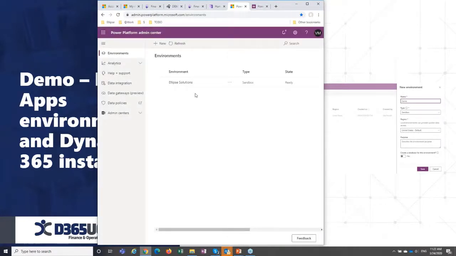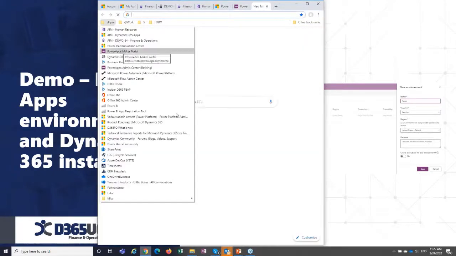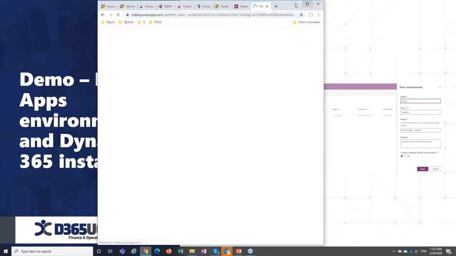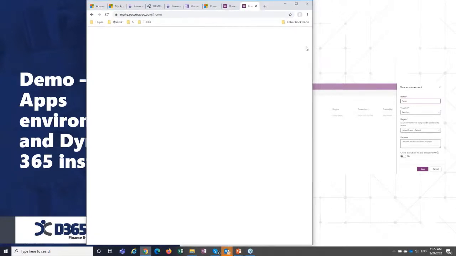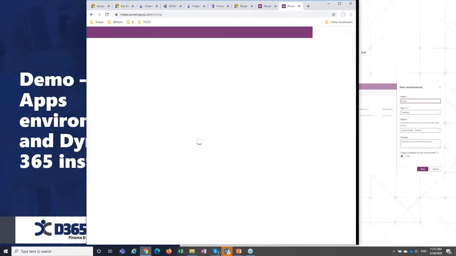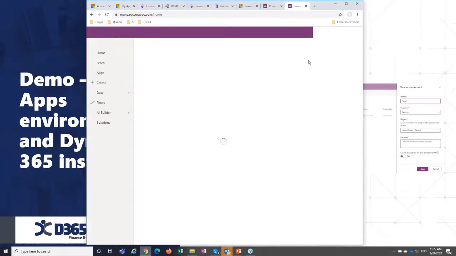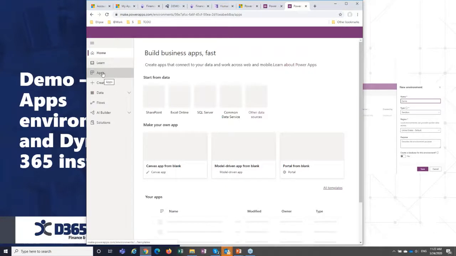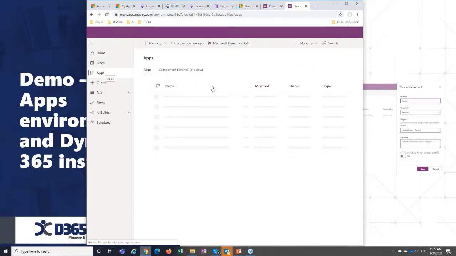So I will not proceed with that. And this is my environment that I will be using for this demo. So let me show which applications are installed here in this environment. For that, we'll go to the Power Apps maker portal, apps.